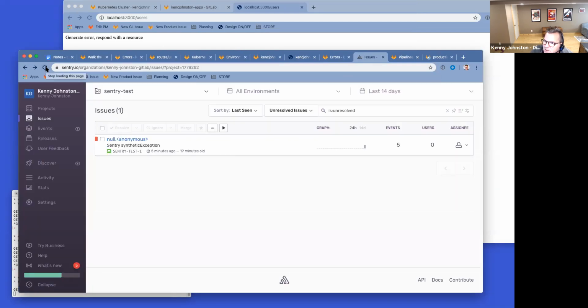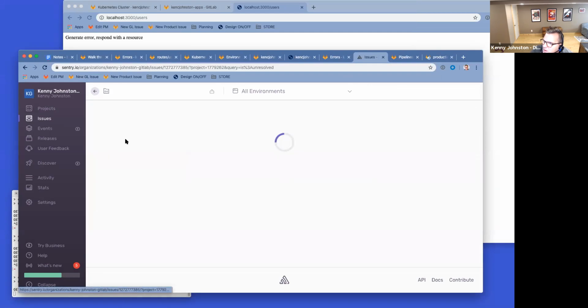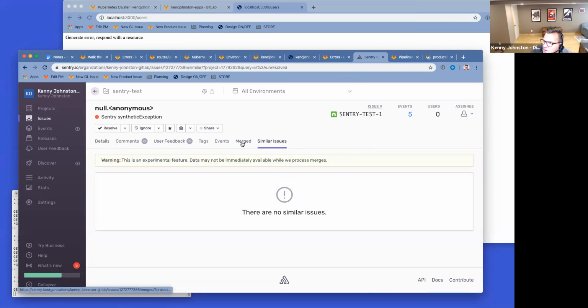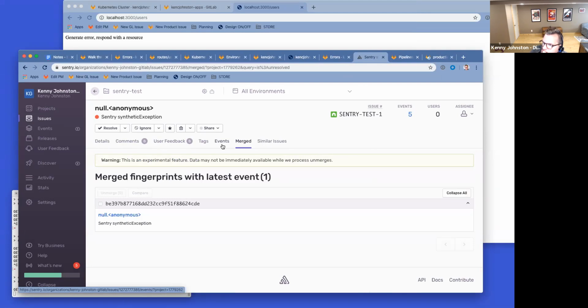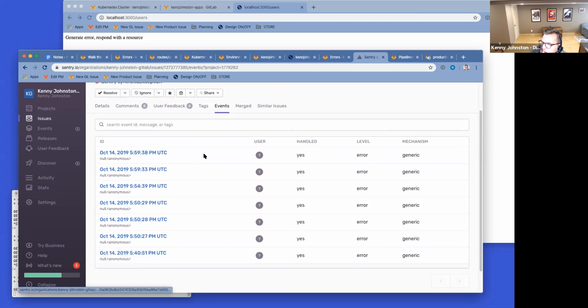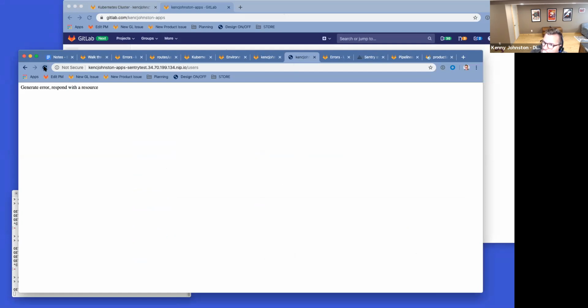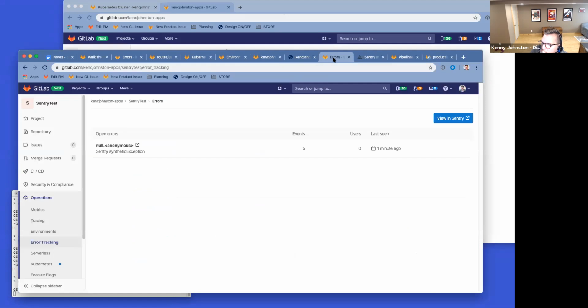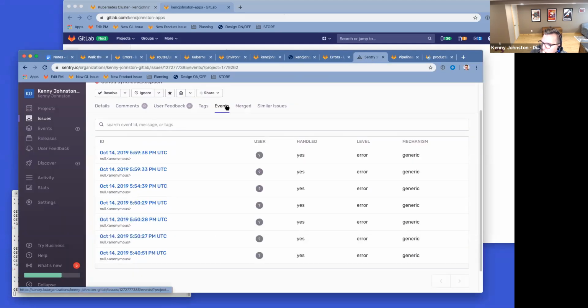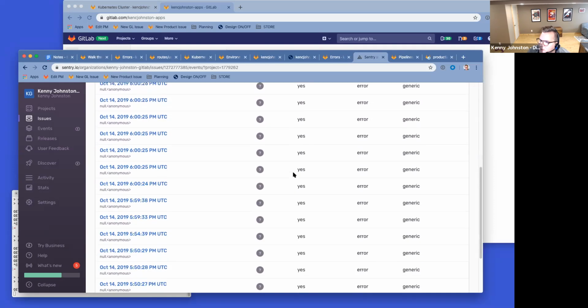Does not appear to be adding events though. Well, no, it did. Okay, so now it is. I don't know why that took the time that it took,